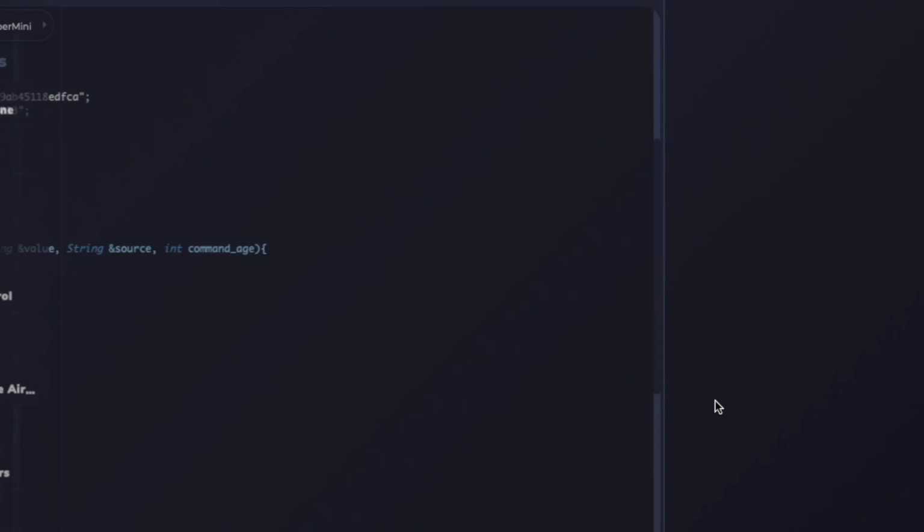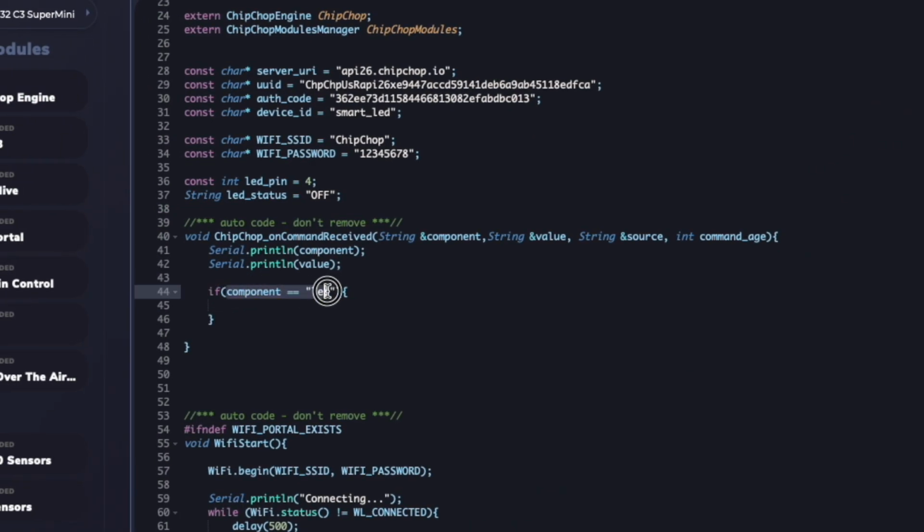So if we go back into the code builder, that's what we are checking, that the command is for this component. This is very important when you have devices with many components, 10 or even 15, then you may be interacting with them, and this is where you want to check which component this command is for. So in this case, if it's LED,